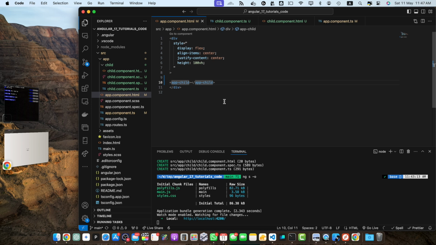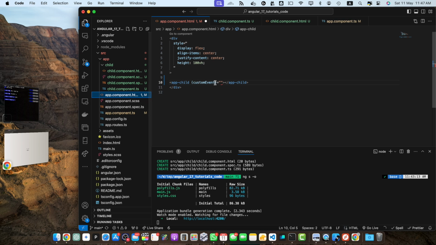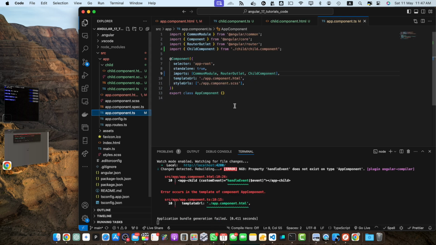So here I will add customEvent. This name is exactly the same as what you have defined inside the component. So this name would be considered the name of that event. Now here I will simply call my function handleEvent and pass the payload to that function,